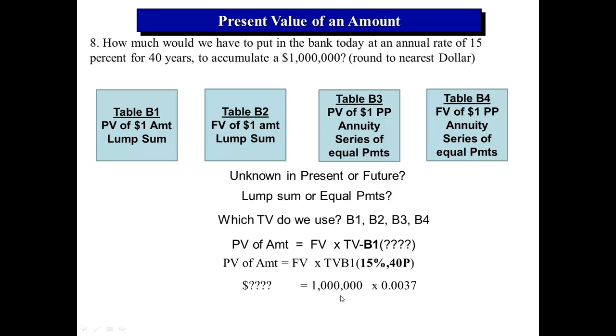So $1 million times this table value, 0.0037, means we'll have to put up today $3,700. If you put up $3,700 and left it there for 40 years and could get an interest rate of 15%, you'd have $1 million